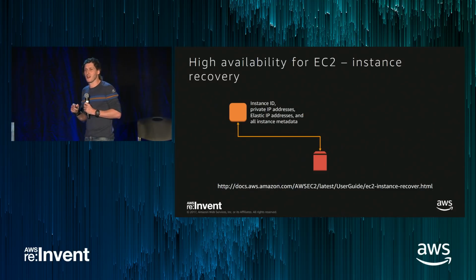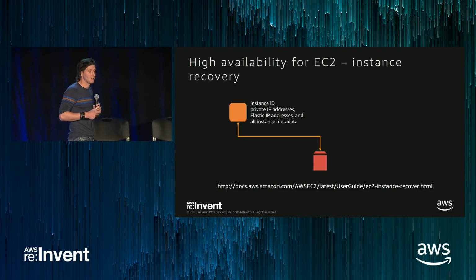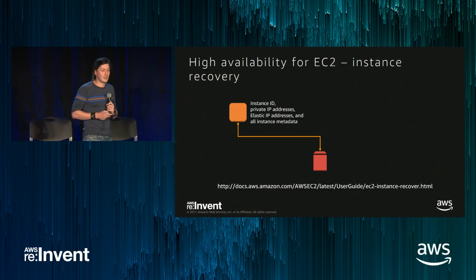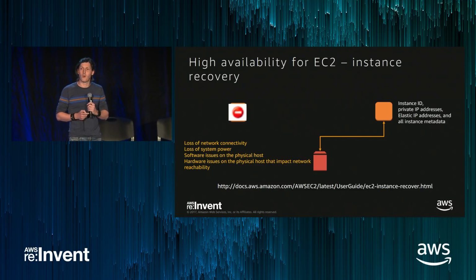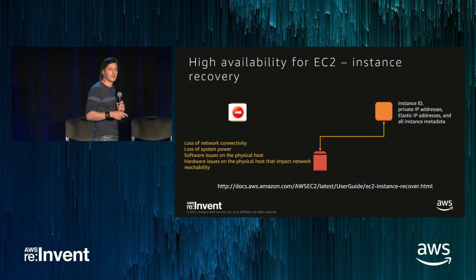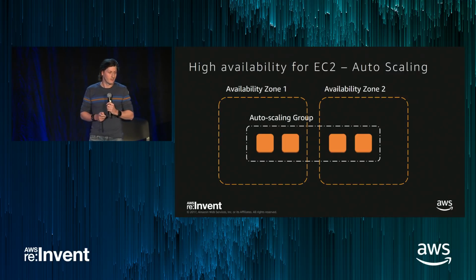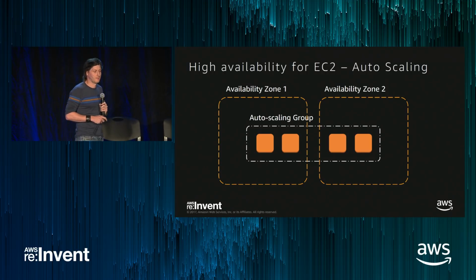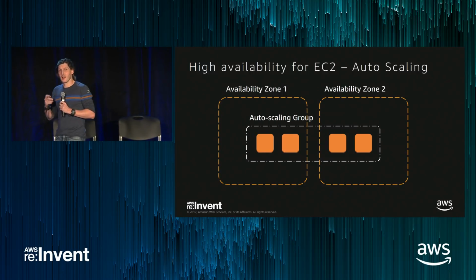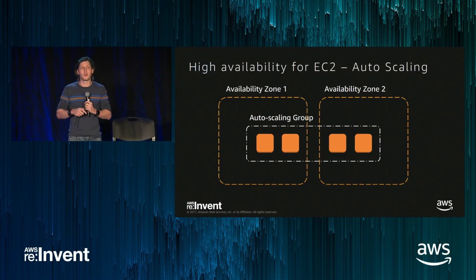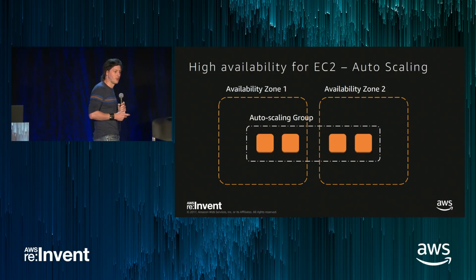Even within an availability zone, there are techniques to help protect against single points of failure within the AZ. For example, with EC2 instance recovery. If the instance fails, just spin up another one with the same instance ID, away you go. Another way of decreasing that mean time to repair. High availability, auto-scaling. Auto-scaling groups across the availability zones. These are all tools to allow you to hit pretty high levels of availability within the same region still. We think that you can hit 4 nines, by the way, within a region quite easily if you follow a lot of these techniques.